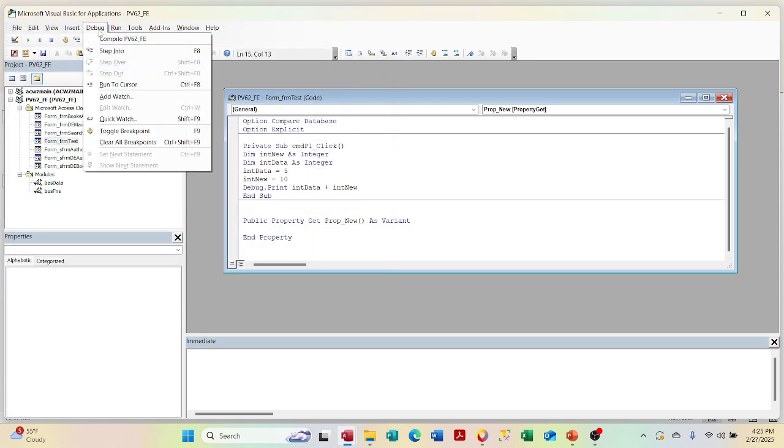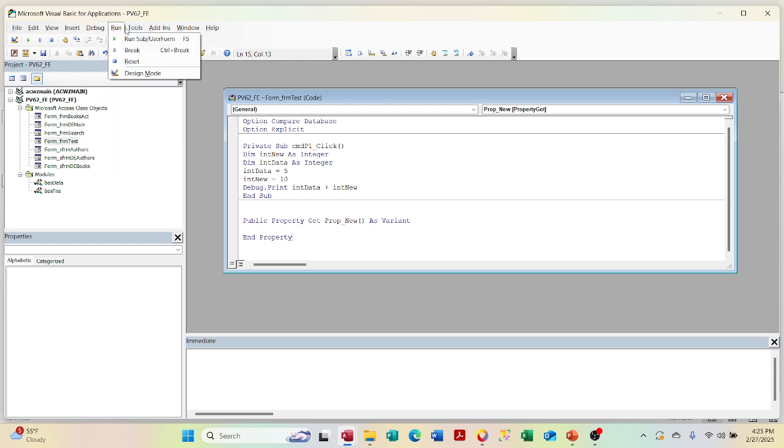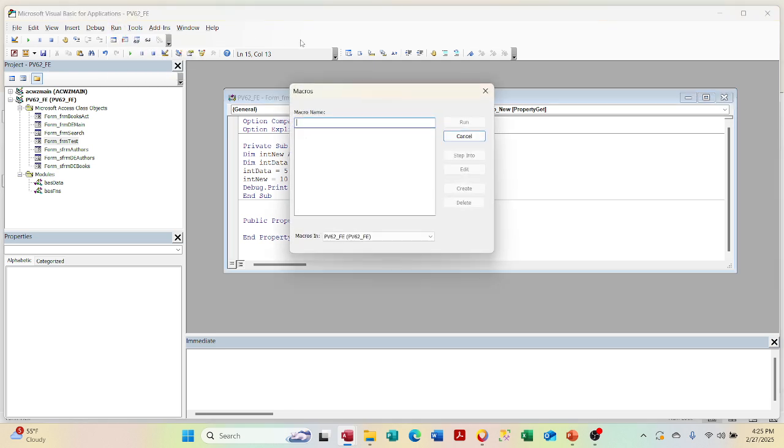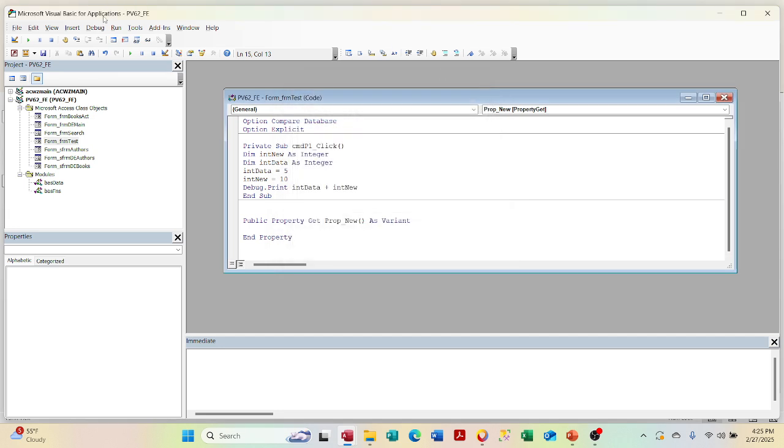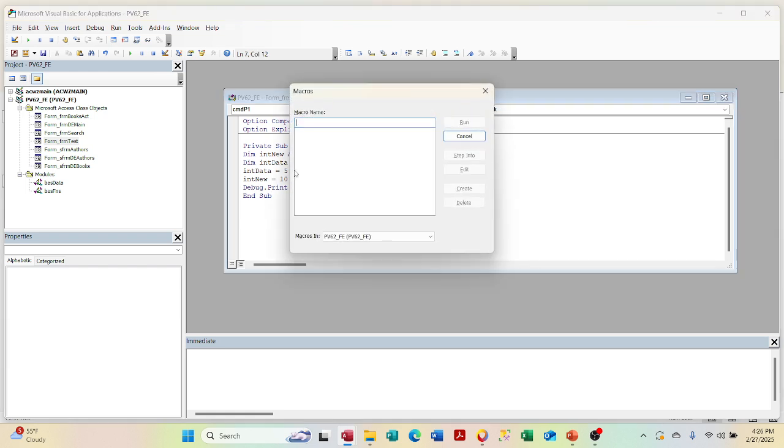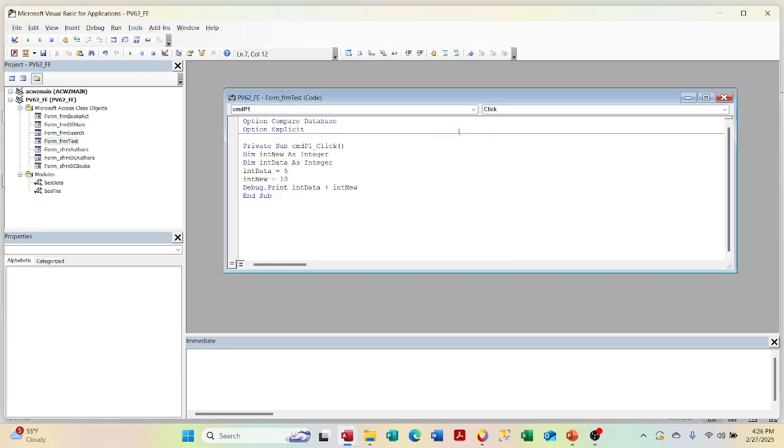Debug, we went through this kind of a little bit. You're going to see more of it as we go. Run. This is for really running a macro. It's saying run sub or user form, which is F5, and that's really what it should be. So let's see here if I can run it from here. Is it just F5? No, it's pulling up the macro window. Try function F5. No, nothing. For some reason it's not running on there, but anyway,